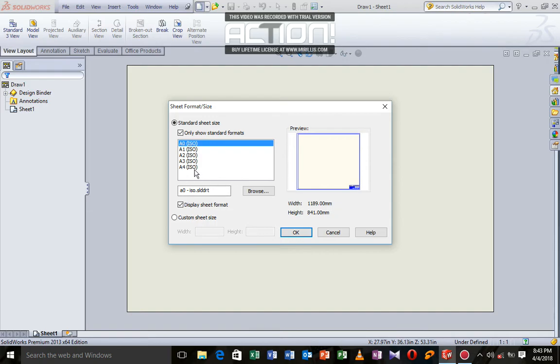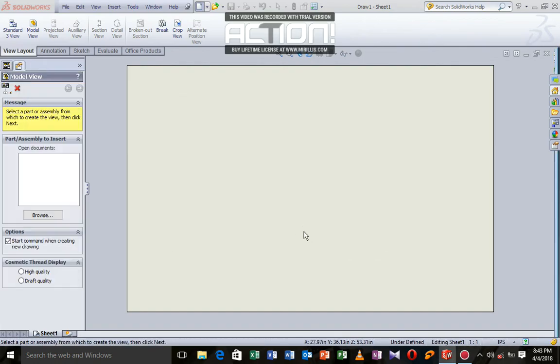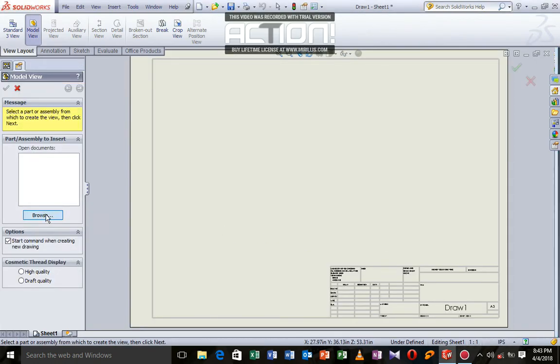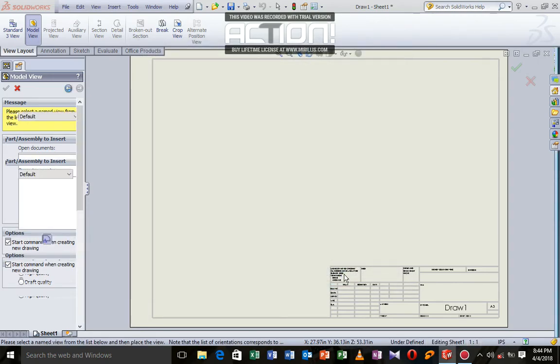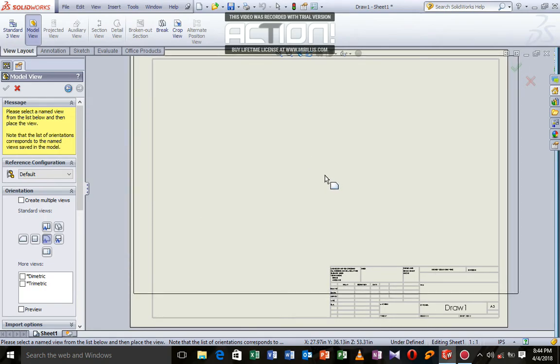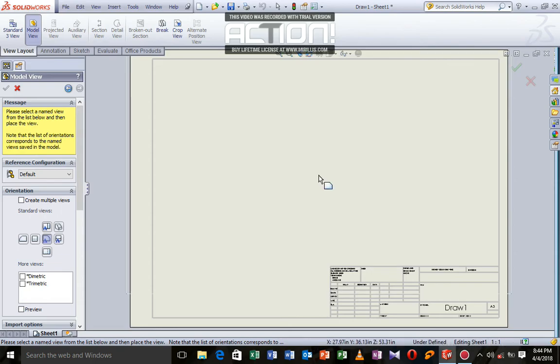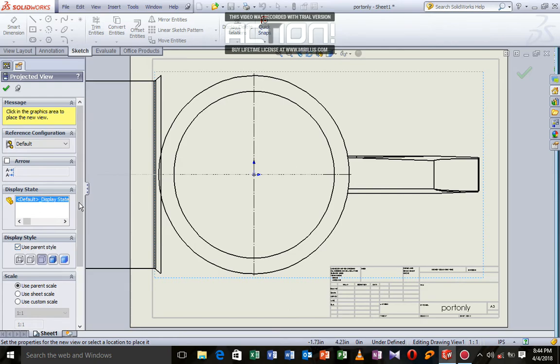Now we have here, we are just going to take an A3 sheet of paper, and we're going to say okay. Now here I'm going to bring out a drawing. Now let's say I bring my pot only. I'm going to bring the pot that I drew. Now bringing this pot, I would like to have all this to give you, so I'm just going to click here. Don't care if it's enough. So I think that is my pot, and